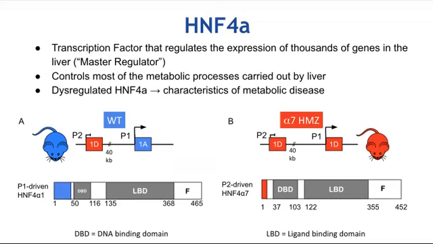This isoform of HNF4 alpha is usually not expressed in healthy normal adult livers, but it has been identified as being upregulated in liver cancer, as well as in the liver of mice that are fed high-fat diets, as well as in alcoholic livers. That generally suggests that this isoform of HNF4 alpha has a role in metabolic dysregulation and disease. In my research, I use the HNF4 alpha 7 expressing mice as a model for studying the mechanisms of metabolic disease. So the next question is how are HNF4 alpha expression and other glucose and lipid metabolism genes regulated?